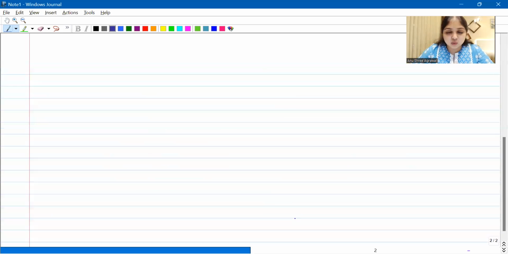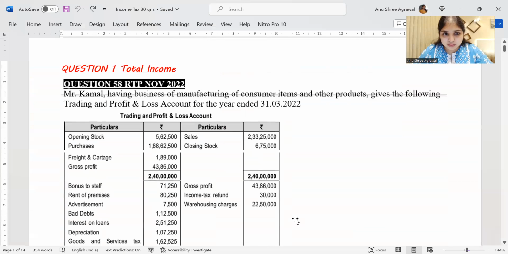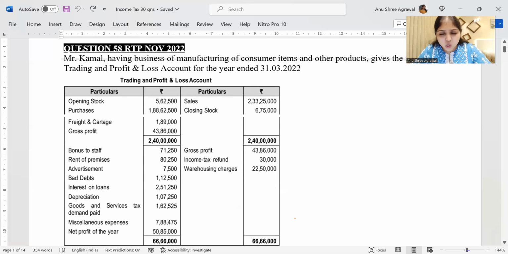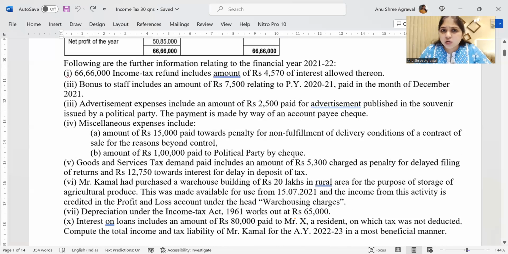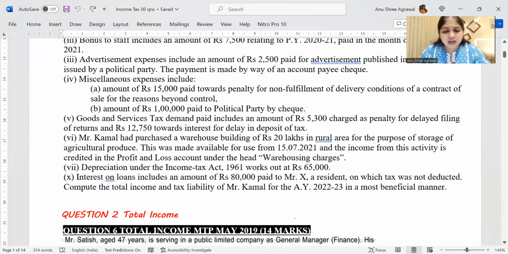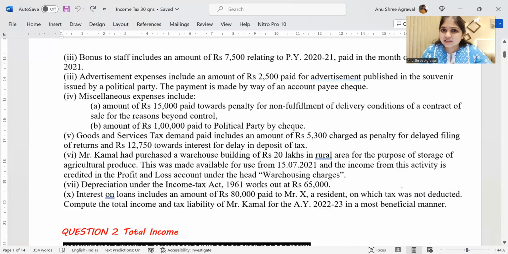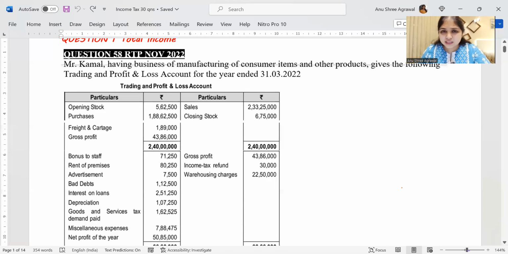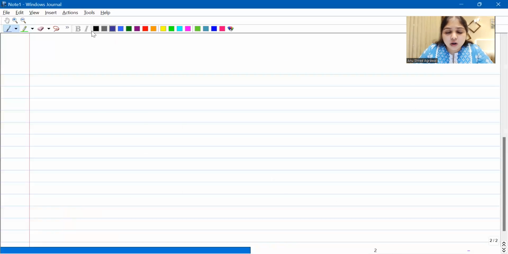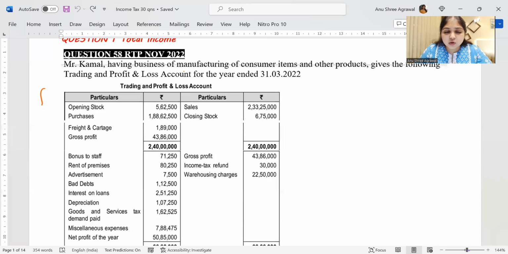Now, looking at the question, how do you handle a total income question? Just by the face of it, it's very obvious it's a total income question. I will not waste time reading the whole question, it will unnecessarily overwhelm me. So I'll straight away see what exactly they're asking me. Total income and tax liability is what they are asking me. So I'll straight away start off with the answer. Now, they're asking me total income, so let us say this is going to be my main answer. As I come across adjustments, I'll keep making the necessary working notes and doing the necessary calculations.